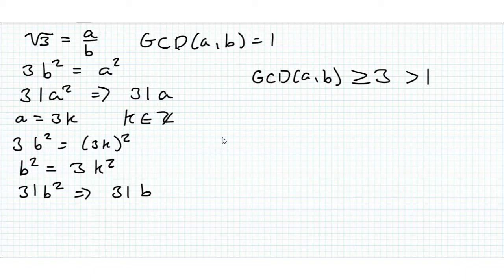We've contradicted ourselves, and therefore we say root 3 must be irrational. Okay, because assuming that it is rational leads to a contradiction, meaning it can't be rational,